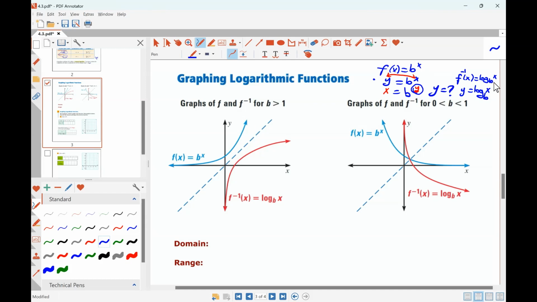So b is the base, x is written beside log. You don't have to do this conversion all the time. This is always the same. The base stays the base and the exponent will be written next to log to find the inverse function. So first of all, we should know that. And second of all,